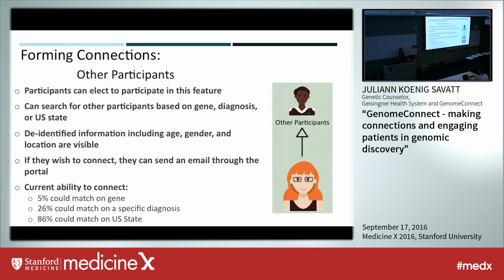GenomeConnect first allows participants to connect with one another through what we call our participant matching feature. Participants can elect whether or not to participate in this. If they do, they can then search for other participants based on gene, diagnosis, or even US state. If a match is found, de-identified information about that person is displayed, their gender, their age, where they're located geographically, and then the participant can send a secure message through our online portal. If both participants agree to continue to connect, they can then do so outside of the system, by phone, by email, or even in person. This feature was just launched earlier this year, and we're very proud that this is something that we now can